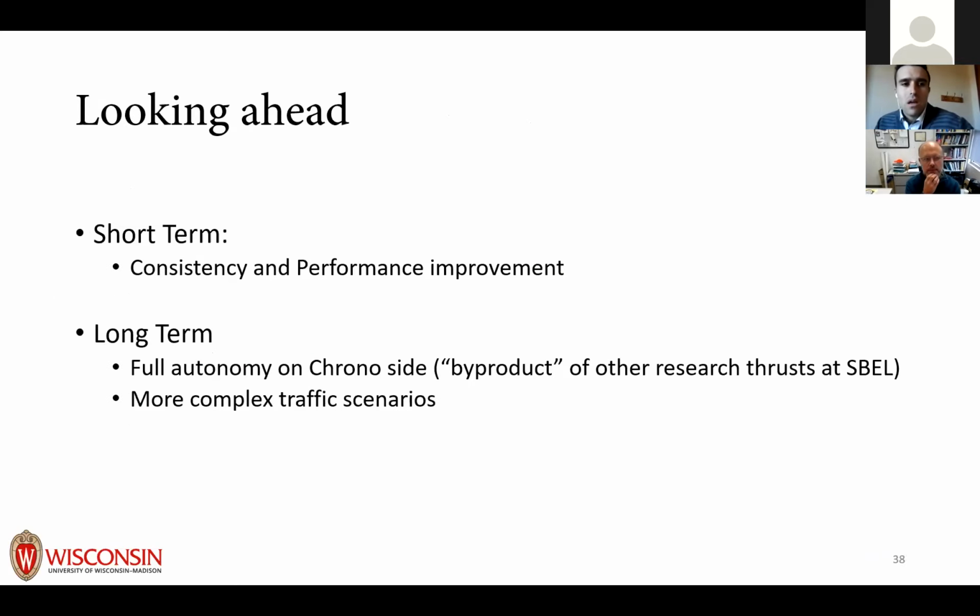So as I mentioned, what we are planning to do in the short term is improve consistency. As you maybe noticed, the wheels are fixed with respect to the chassis. It's something that is basically already taken care of, and improve the performance, because right now we can simulate more